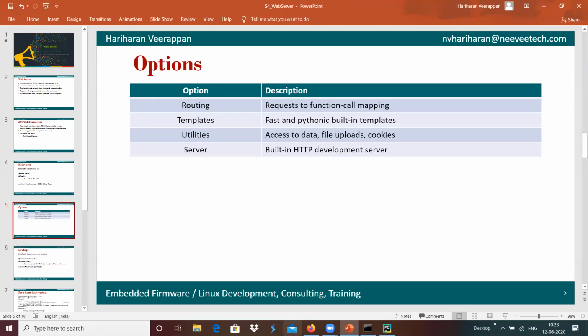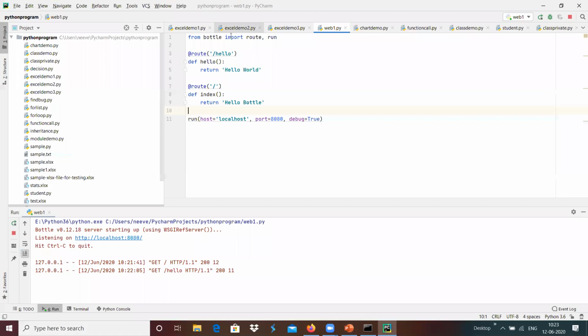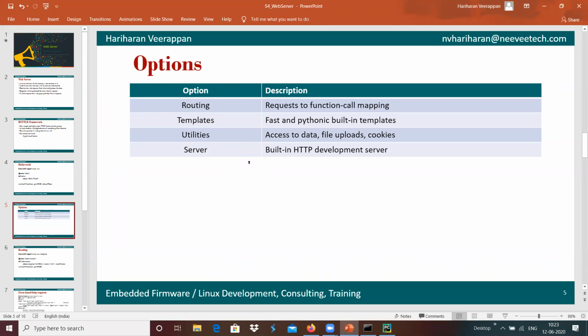For example, here slash hello is the route that has been linked to this function hello. Similarly, the slash is the one which has been linked to the function index. Like that, we can map the routes to the respective function which is present in our bottle framework.